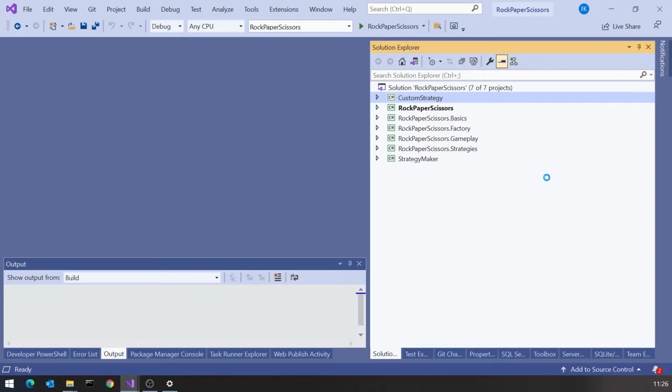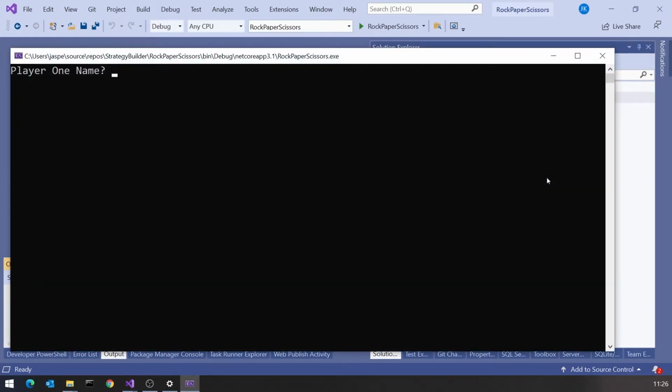And the way it worked, if I just run it up, is we're asked for player one's name, so we can put in a name. And then we get offered, in this case, just two alternative strategies. We've got a random strategy, which basically means it chooses completely random rock or paper or scissors, and then a non-repeating strategy, which is slightly different. It's random, but it guarantees never to choose the same thing twice in a row.